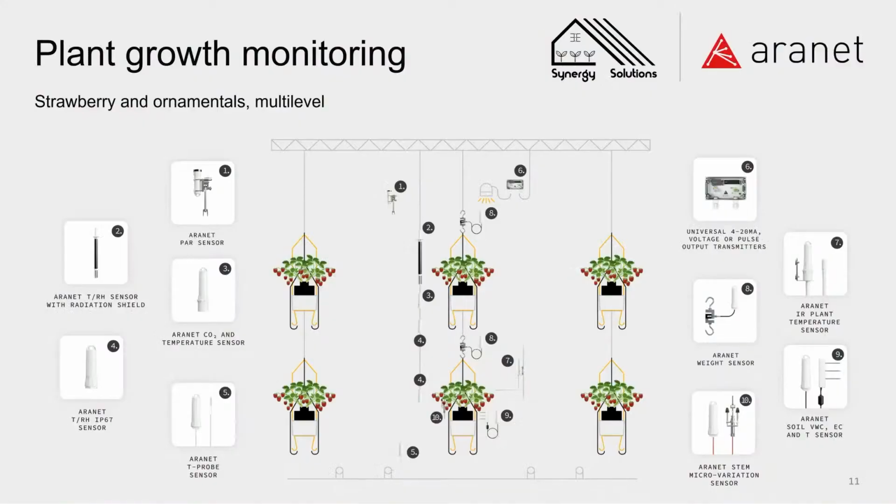So this is what we are using for high wire crops. For the other crops like strawberry, ornamentals, or multi-level, the setup is similar, where you can use plant scales for weighing the gutter or structure where you have your plants on. It's wise to use it, because there you see the changes in humidity, and coupling it with the volumetric water content sensor,